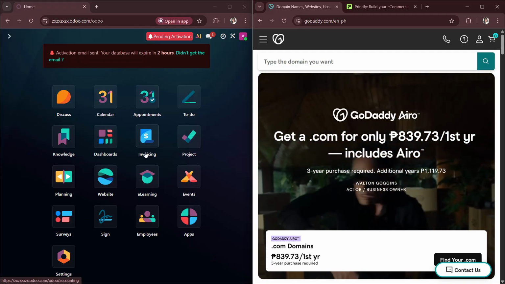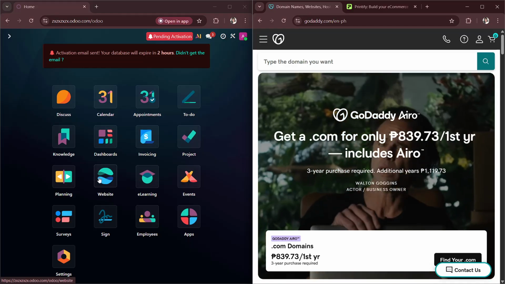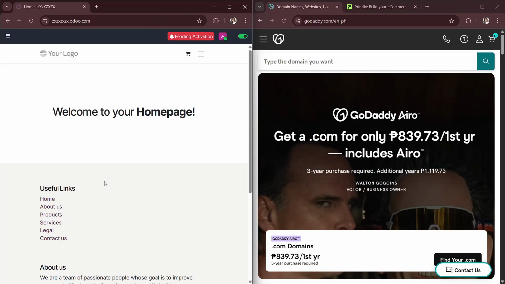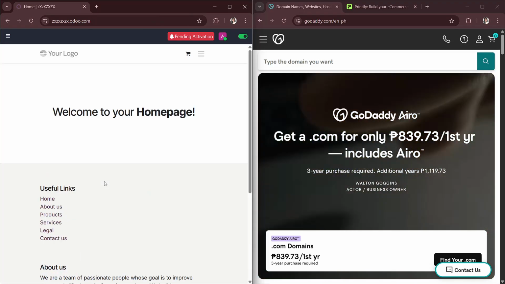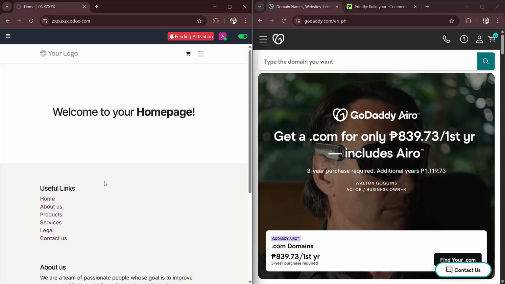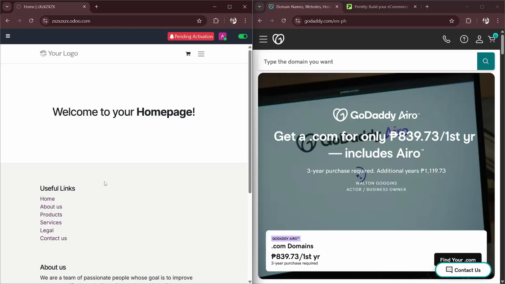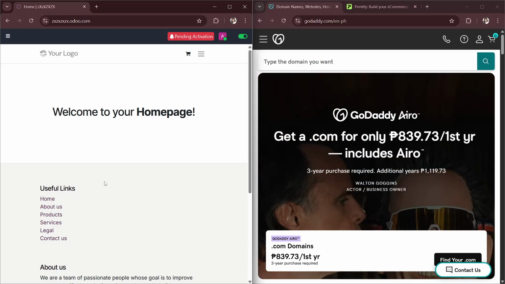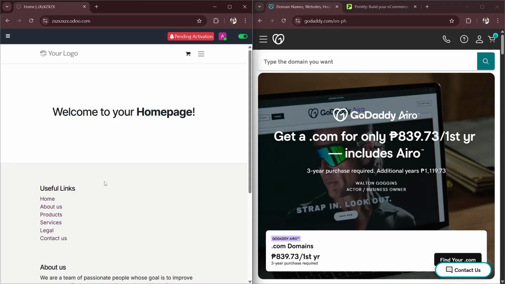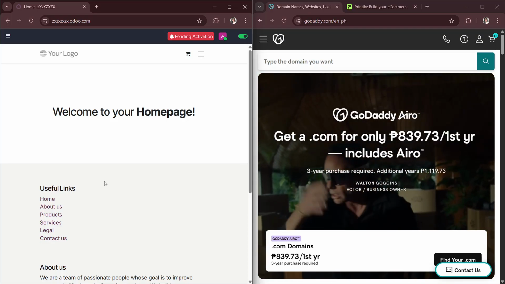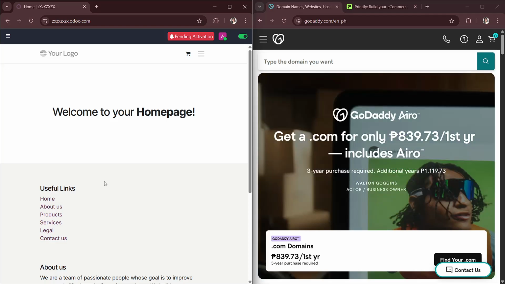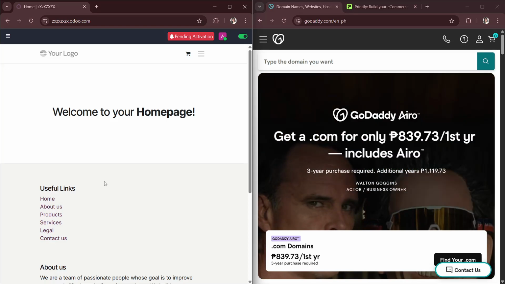But before you do this, you have to make sure first that you already have the website module and you have the correct version of your Odoo account so that you will be able to actually see these features. So once you're on your website, what you will see here is the settings. So again, you have to make sure that you have the correct version that actually has this feature. And once you see settings, you will click domains and note the A record IP address provided by Odoo and